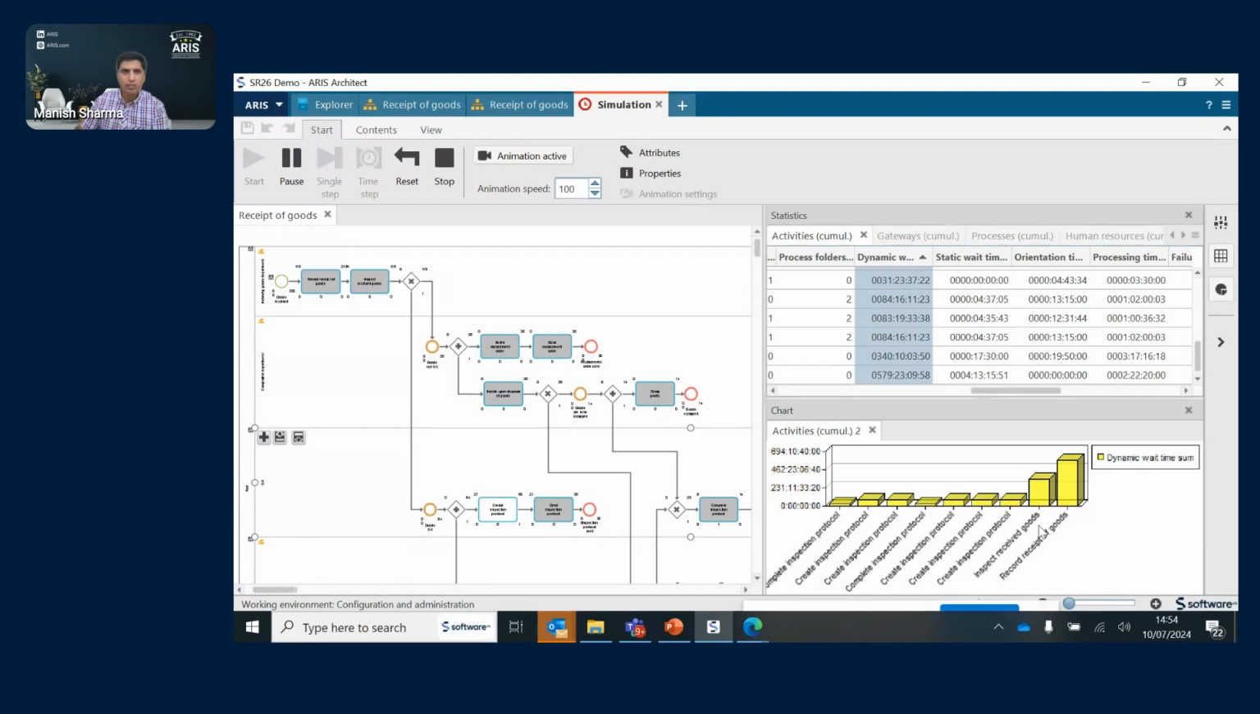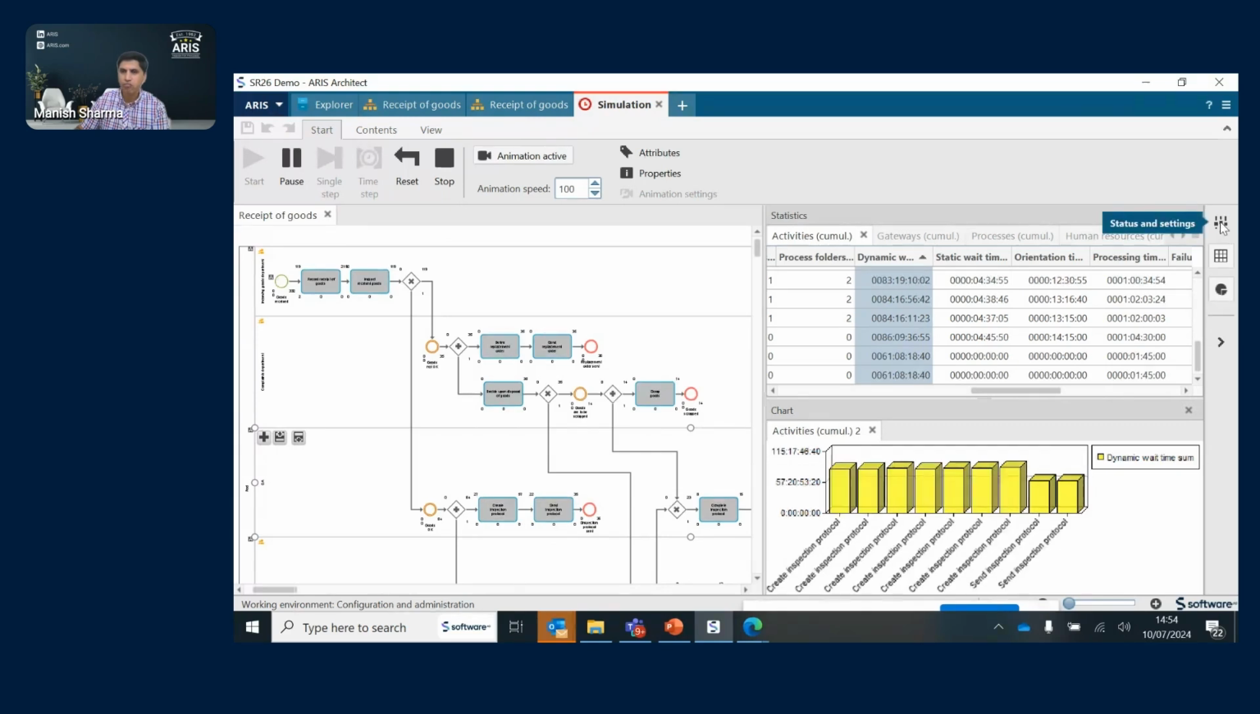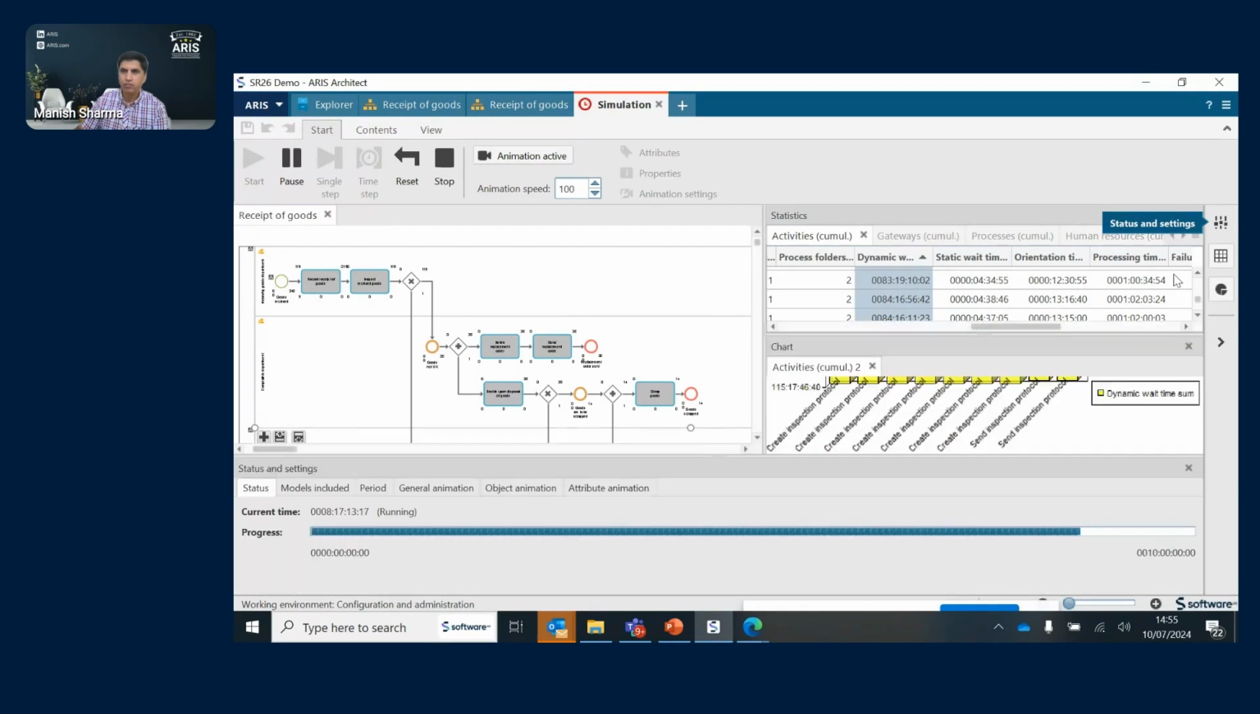So I think we have finished the simulation as well. So if I look at, no, still not. So we can see who these people are, and I would assume that in this case they are part of the incoming goods department. So if I look at human resources, I can perhaps